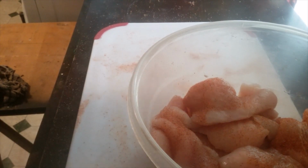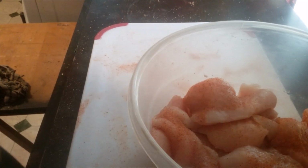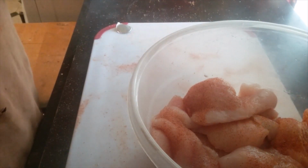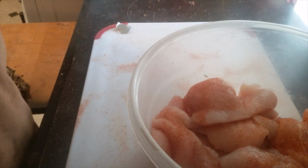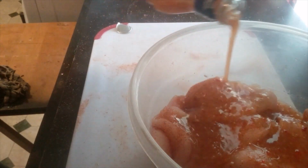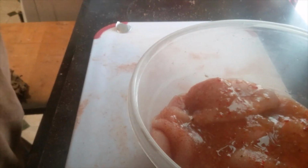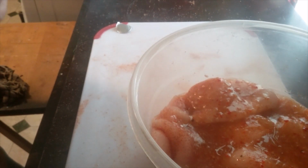Okay, we're back. As I was saying, take your favorite Italian dressing or cheapest, whatever. I find the cheapest works just as good as the most expensive stuff. I'm gonna just pour. There we go. Now, we're gonna let that marinate